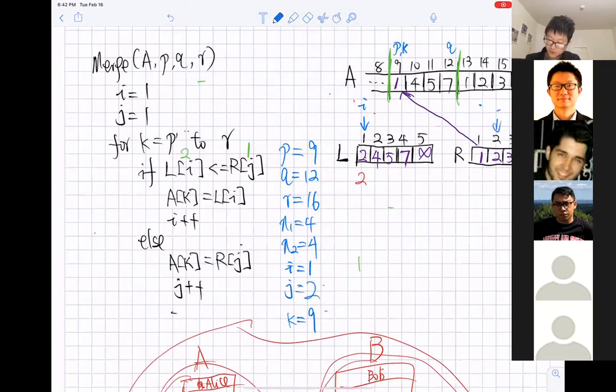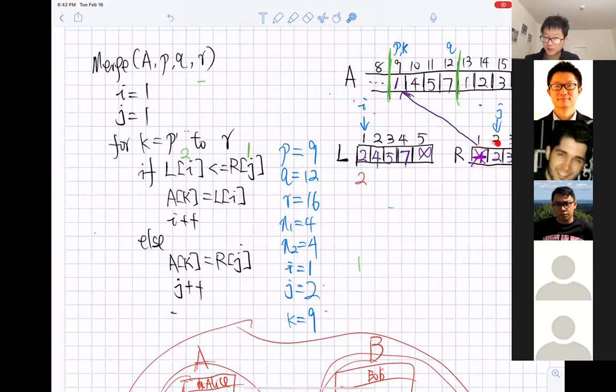So we're going to move j over here. The reason we want to move j over here is because this value is already gone. We already moved this value to the correct place, so we don't need to look at it anymore.